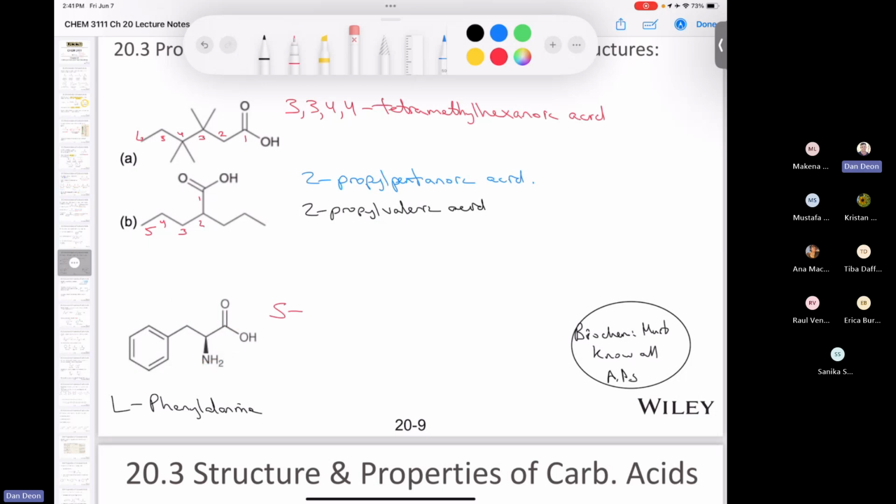And we'll just start with the number 1 on the carbonyl carbon. So 1, 2, 3. So this is a 2-amino. So that's what we call an NH2 group. It's a 2-amino, 3-phenyl propanoic acid. So we'd call this S. And it's going to be